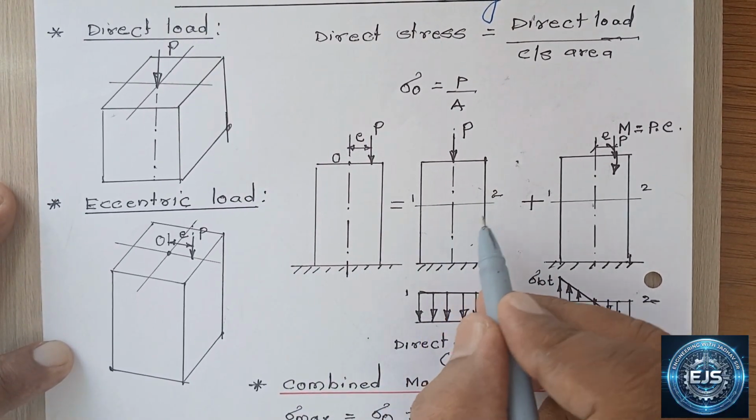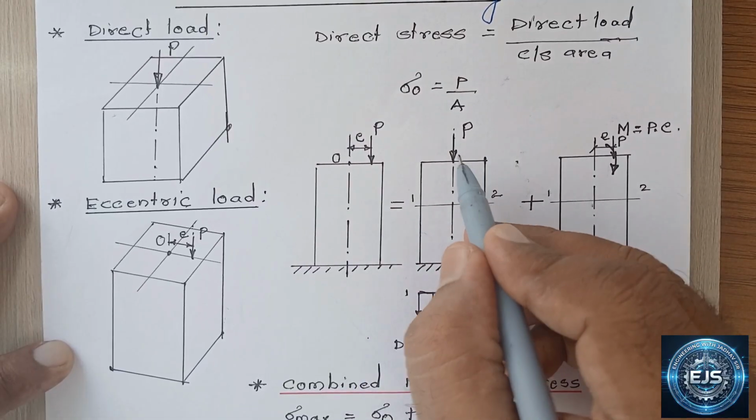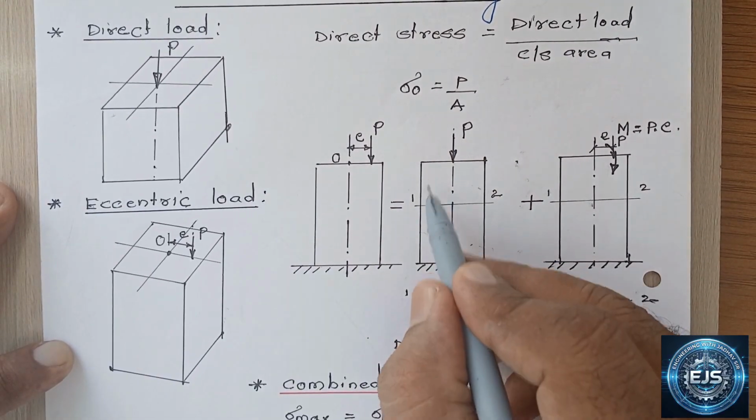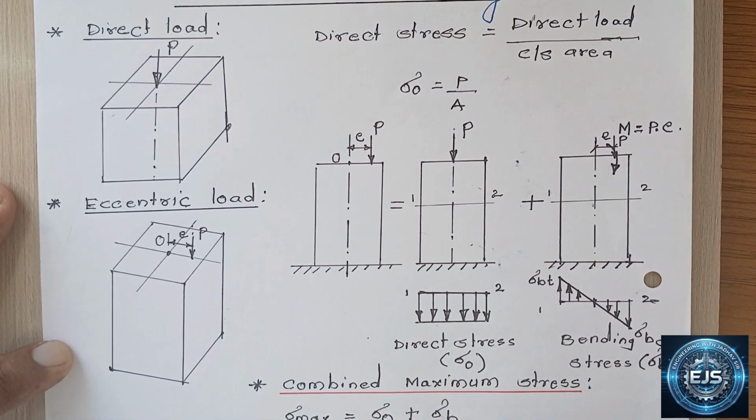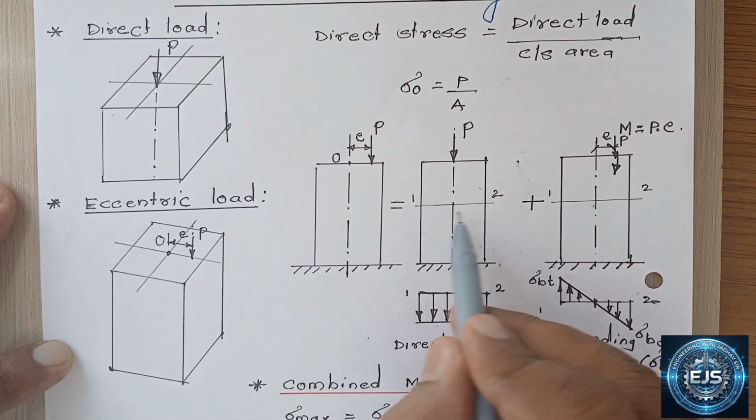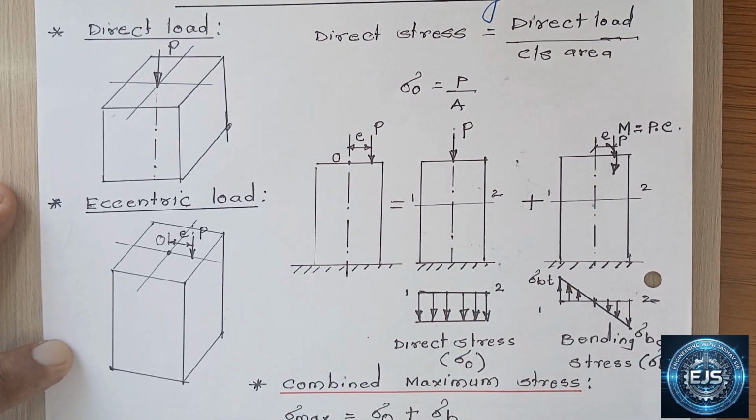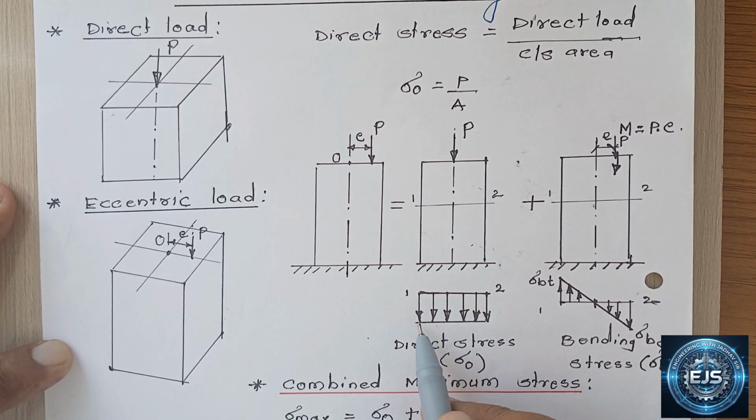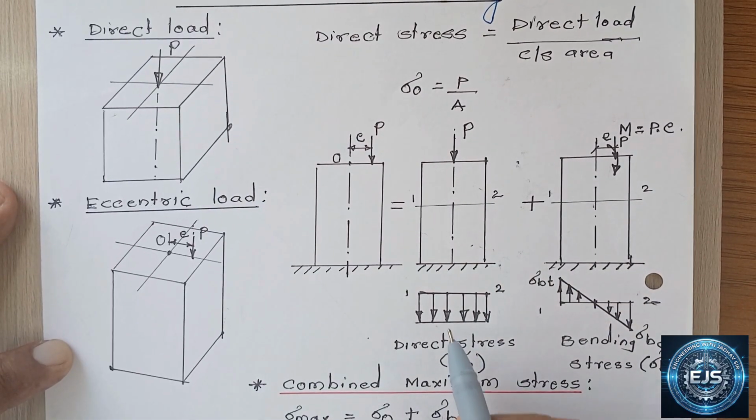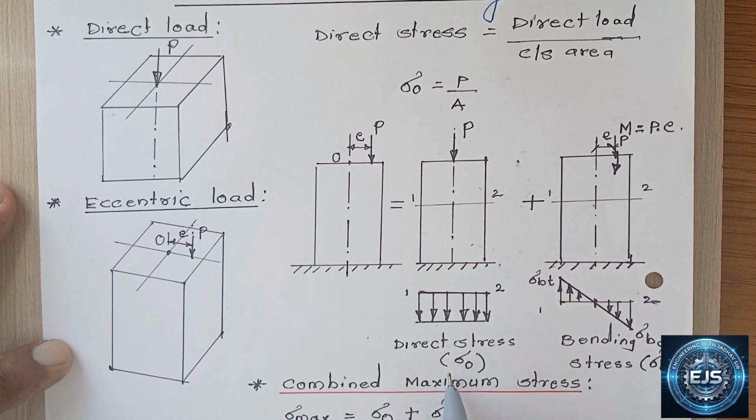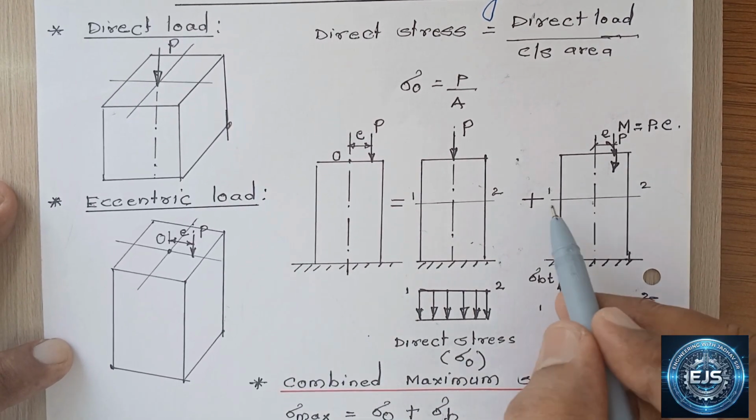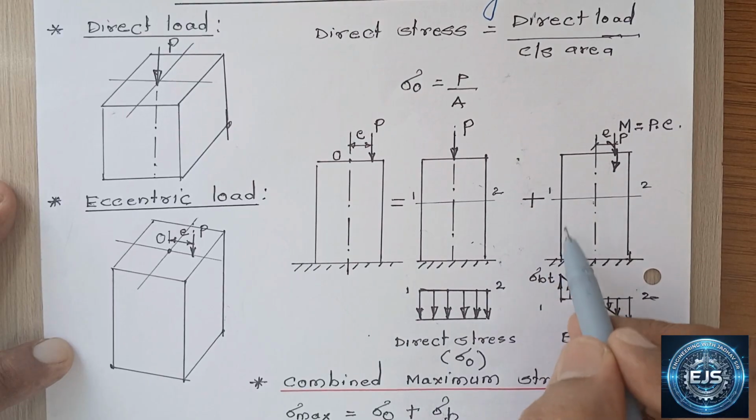So the eccentric load is replaced by two effects. First effect of the eccentric load, it acts as a direct load. In the first figure, the column is subjected to a direct axial compressive load P. Here we are considering section 1-2 anywhere in the column. At this section, a direct stress is induced in the column, and this direct stress is uniform, and its magnitude is sigma naught. Sigma naught is equal to direct axial load divided by cross-sectional area, the direct axial stress. Plus there is another effect of this load,